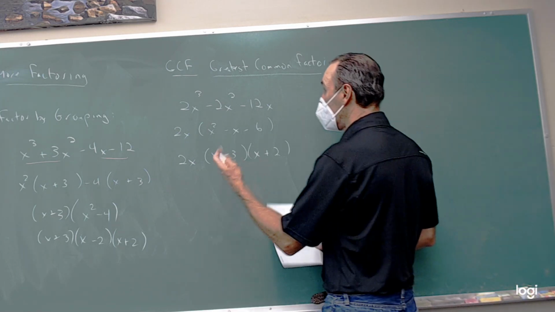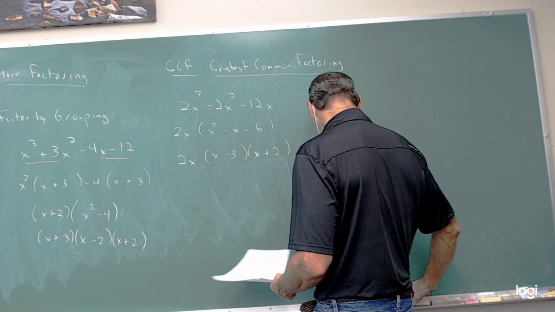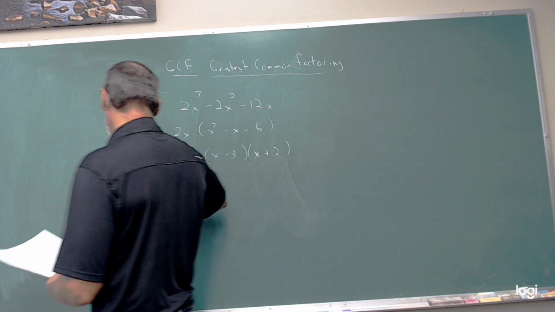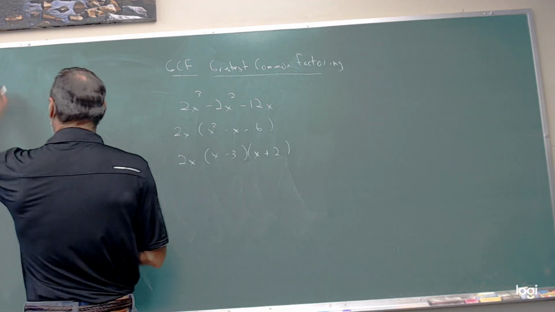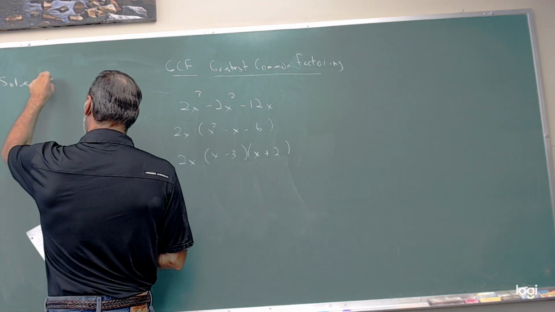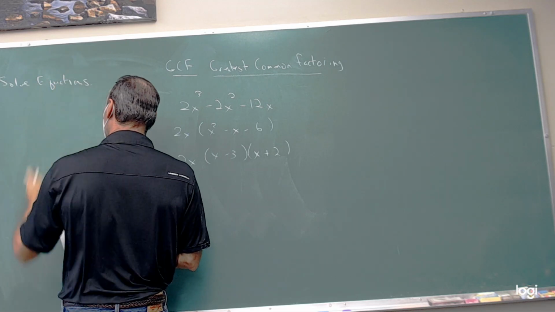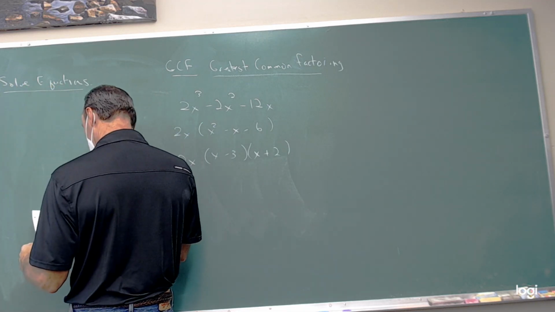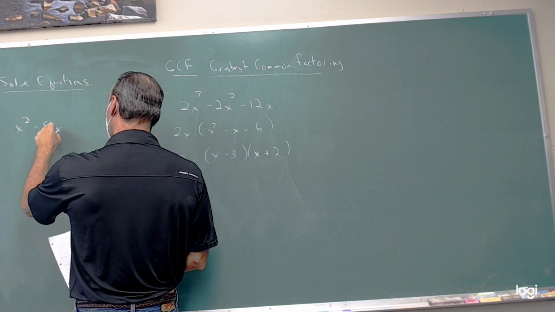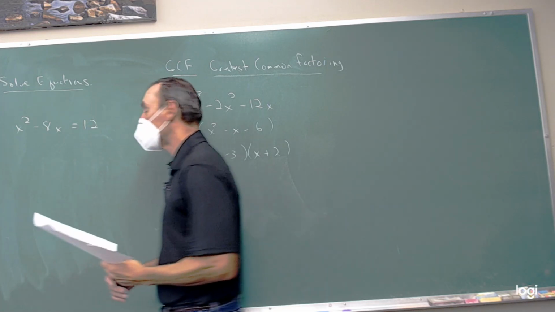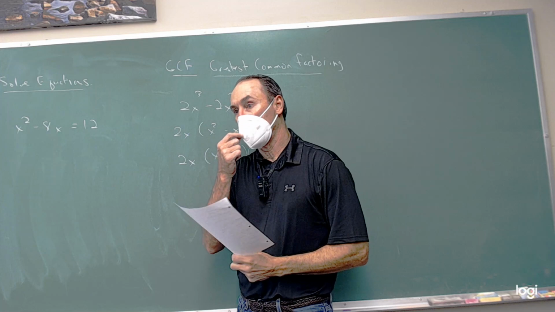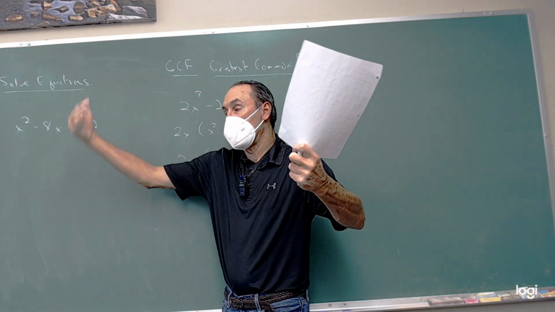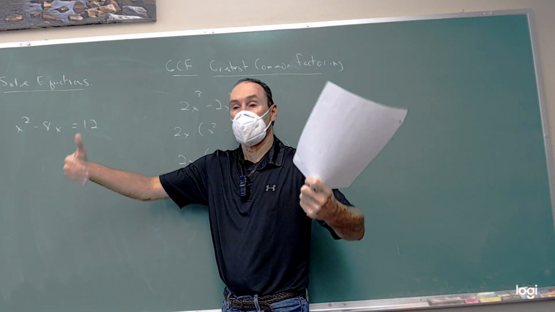And then the next stage, after we do what we want to do with this factoring, is to use it in our graphing of quadratics to solve these equations. So we use factoring as a means to solve the quadratic equation. If we have x squared minus x equal to 12, then remember, when you have an x squared, unless you have no x term at all, where you can just isolate the x squared equal to a number and take the square root of both sides,